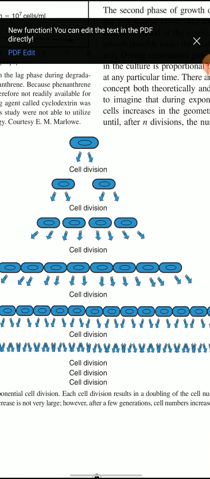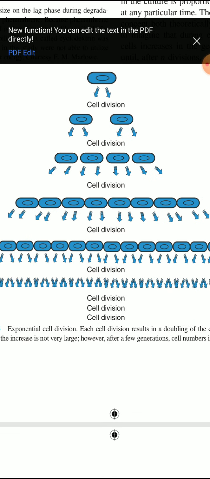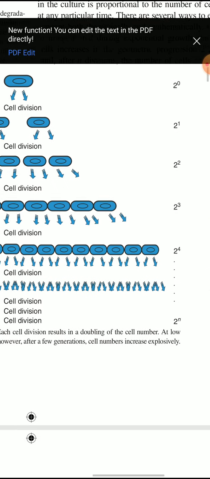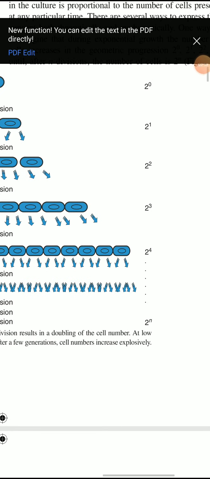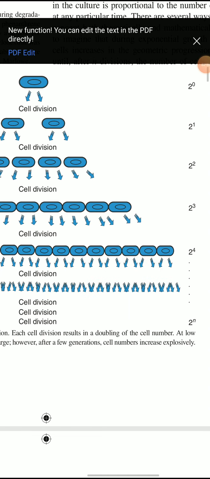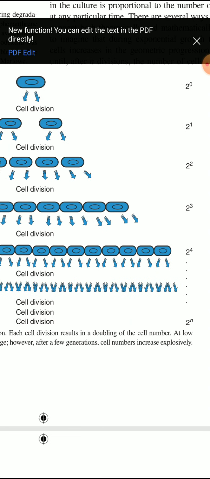In the figure you can see one cell is becoming 2, then 2 cells get divided into 4. The 4 cells become 8, 8 cells become 16. If you have observed it, this goes in the geometric progression. You must have heard about arithmetic progression and geometric progression in your 10th standard. So in that way, it is getting doubled. See, this is 2 to the power of 0. Here 0 indicates the number of divisions or number of generations.